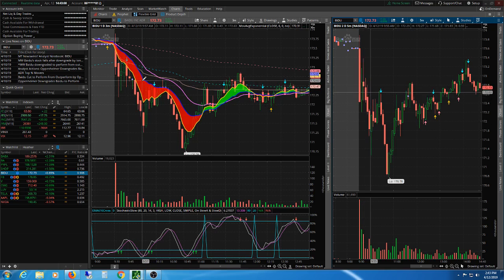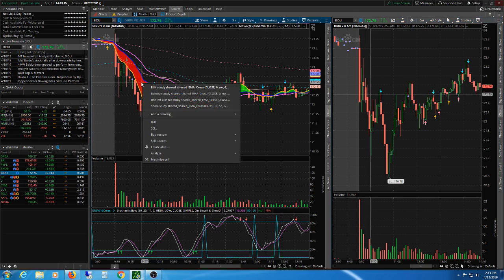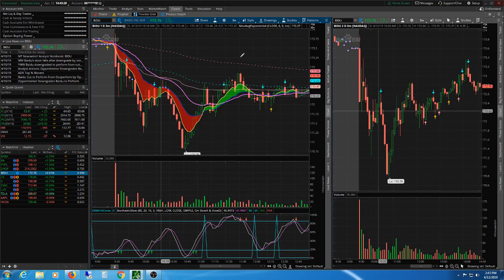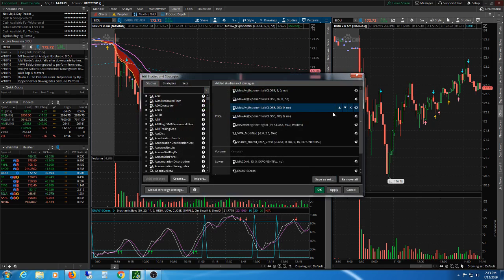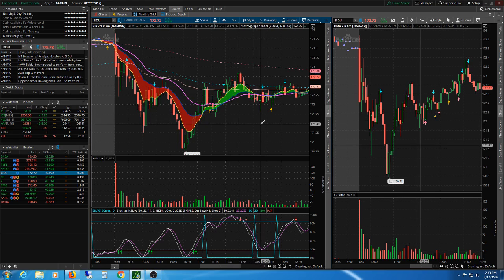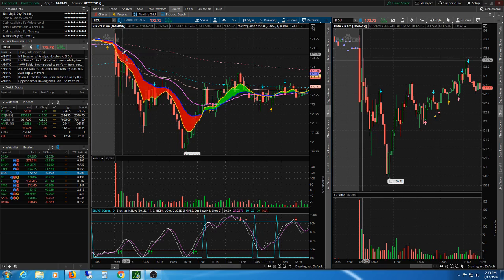All this is, it shades the area in between the 6 and 16 moving average, or whatever moving average you want to use. You can come in here and change these numbers, and it'll change accordingly to whatever you want it to be. That's up here, Studies. Like I said, I got it from another service, so I'm not going to share the code. But if you can figure out how to write this yourself,